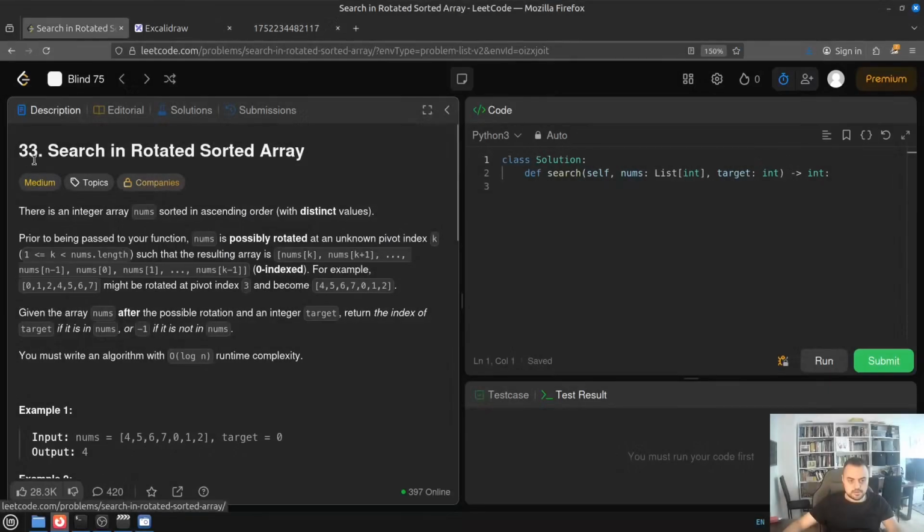Leetcode 33, search in rotated sorted array. It's a medium type problem, but it's definitely on the harder side, especially for problems related to arrays. Yeah, so it's quite hard for an array type problem, and there is a lot of information already contained in the title itself. So first of all, we have to notice that it's a sorted array, and once you get this